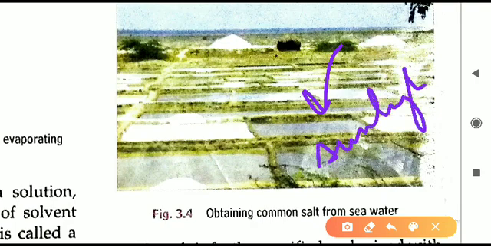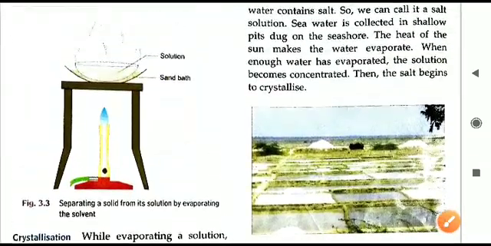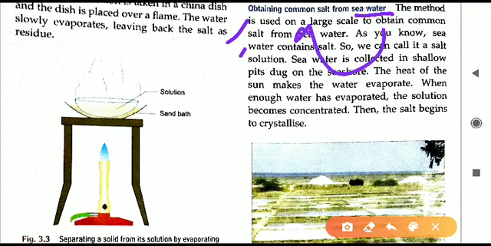Now in the open air it is kept, and when sunlight falls on this, heat is coming from the sun and that heat will evaporate the water. Water will evaporate, and what will be left behind on this land will be salt, and then this salt is purified. It is subjected to various processes, and then it can be sold in the market. You can do this reading part, same things are given. So with this same process, from the seawater we are getting common salt.